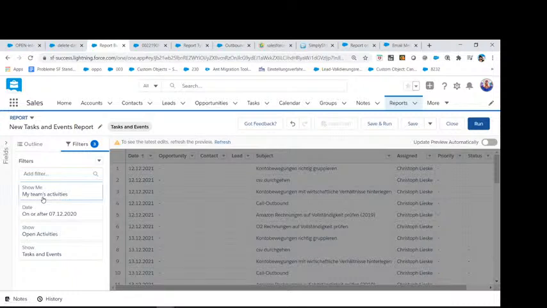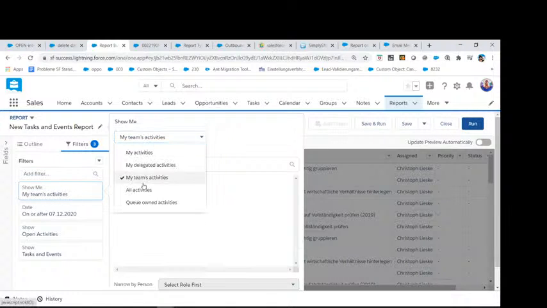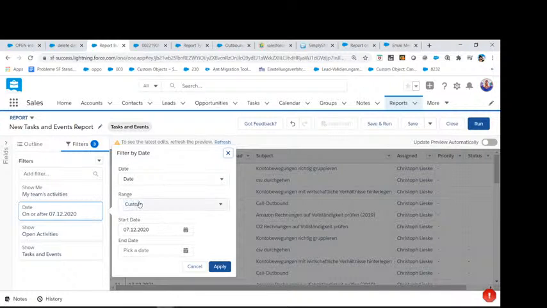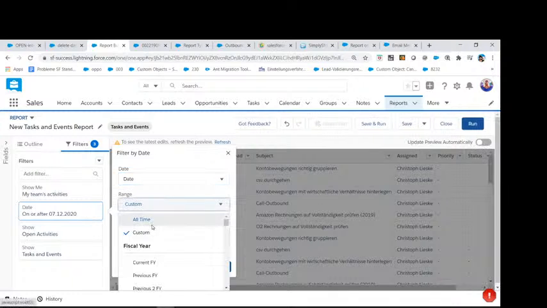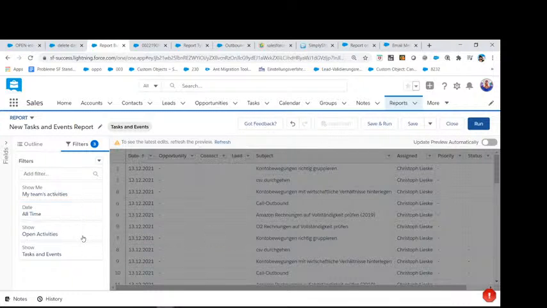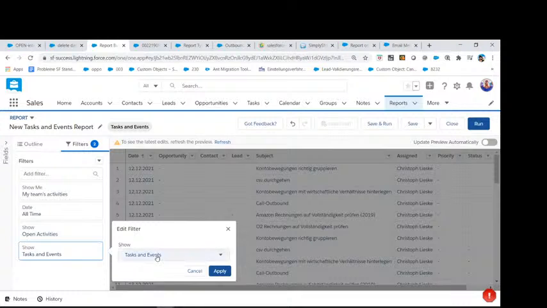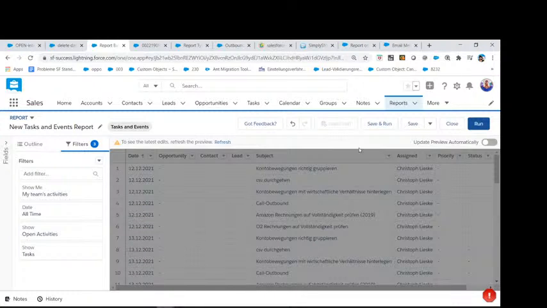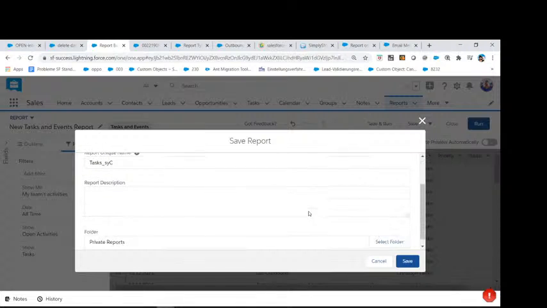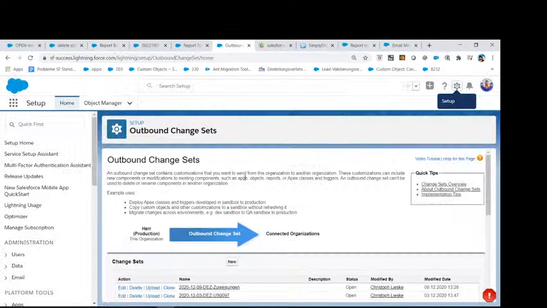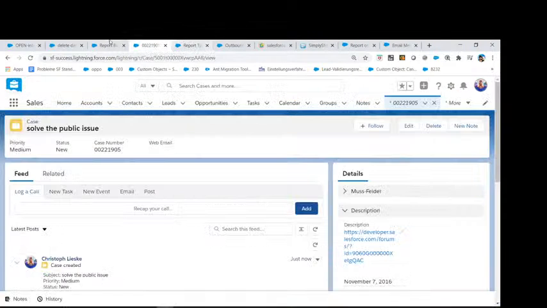But for now, we also go to all activities. Date, I will say no limitations in here. I will just go for all. The range is going to be all the time. That's why I apply this. Open activities, and we're showing only the tasks, and then we apply this. And this is going to be save and run. This is going to be our outbounds. That is why I will just go for the report now for the